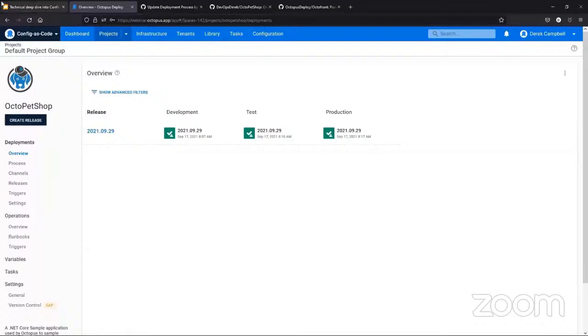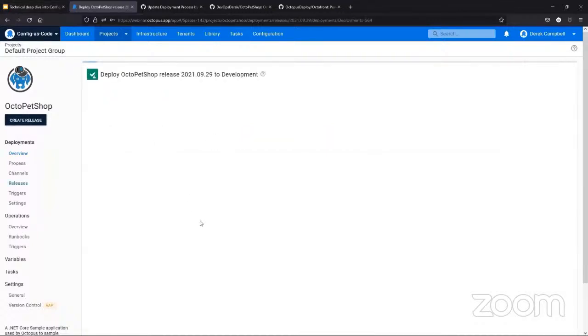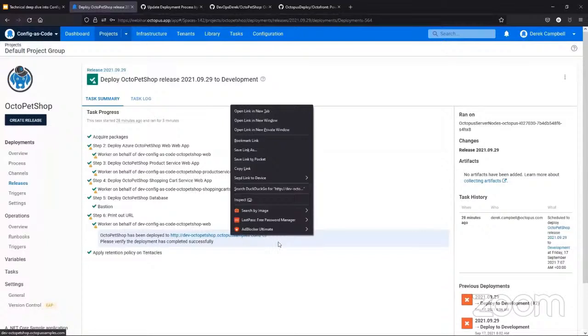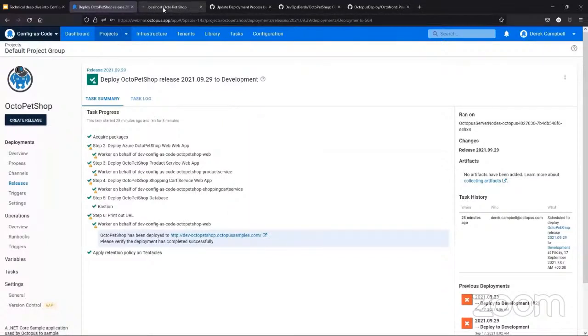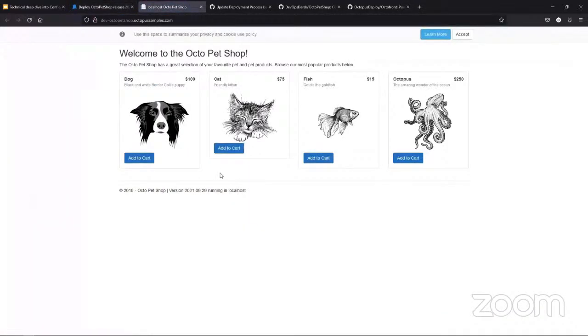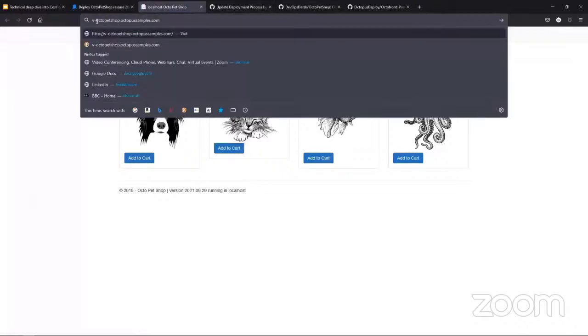And just to be clear, there's no smoke and mirrors here. This is a live deployment. I just want to show you this. So what we've got here is a little step at the end that prints out the URL. And if you switch this to test, oh, helps if I